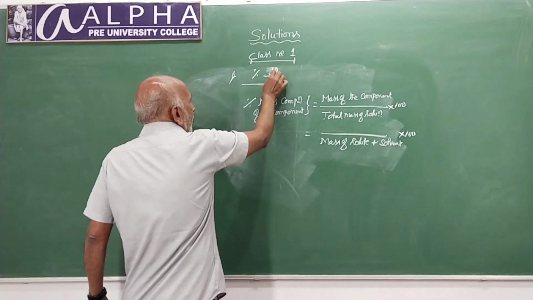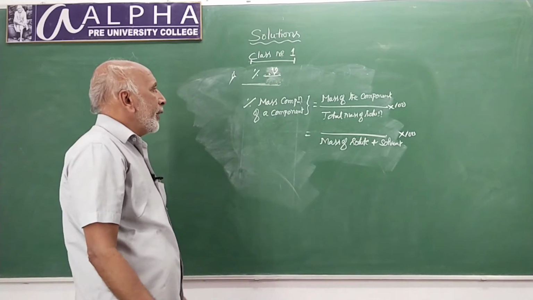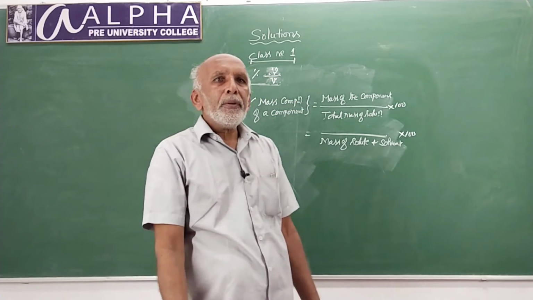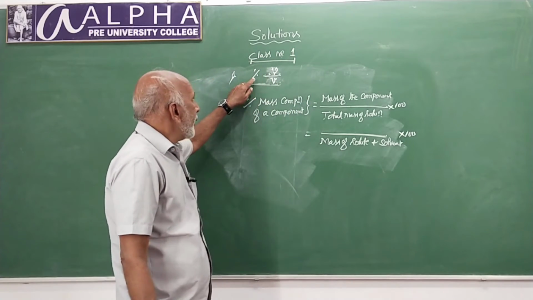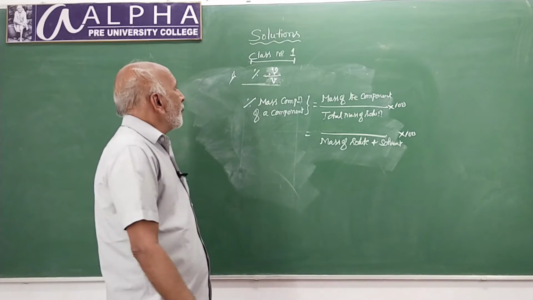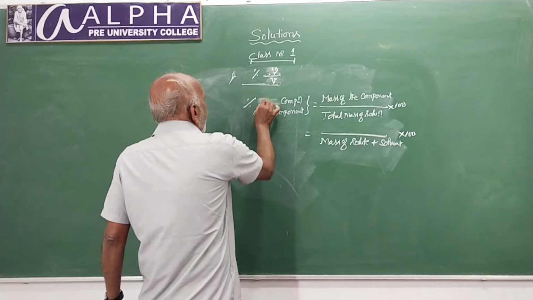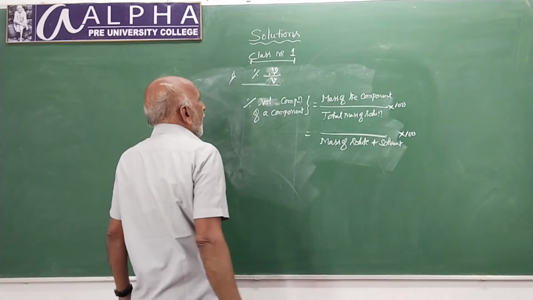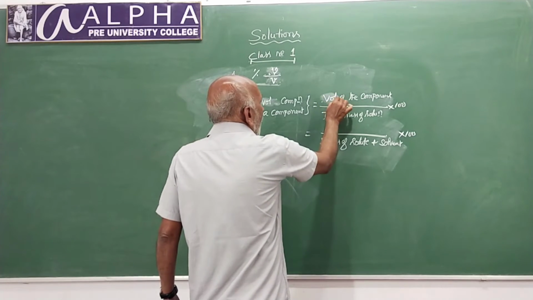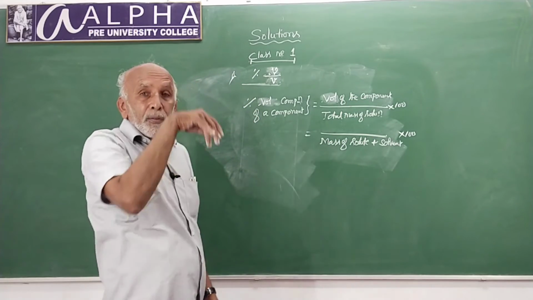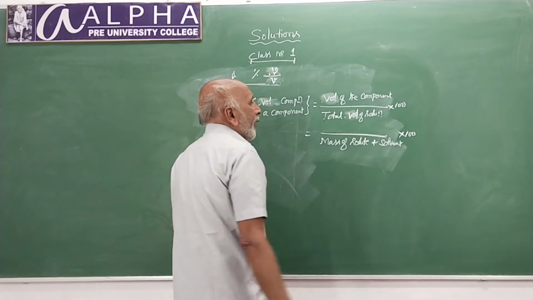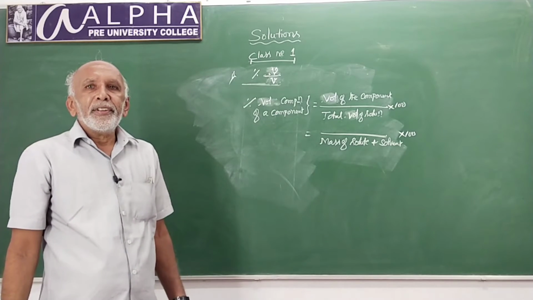Here small v, small term stands for solute and capital stands for solution. Percentage volume composition. You can easily define this one also. Percentage volume composition of a component is the ratio of volume of that component to total volume of the solution into 100,